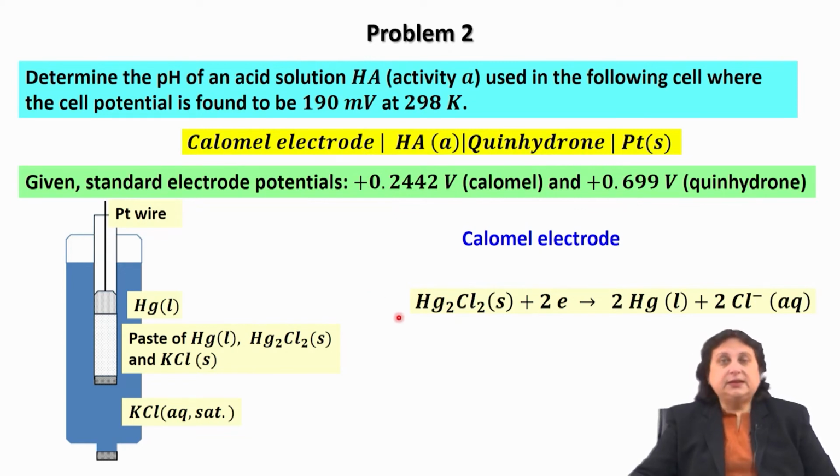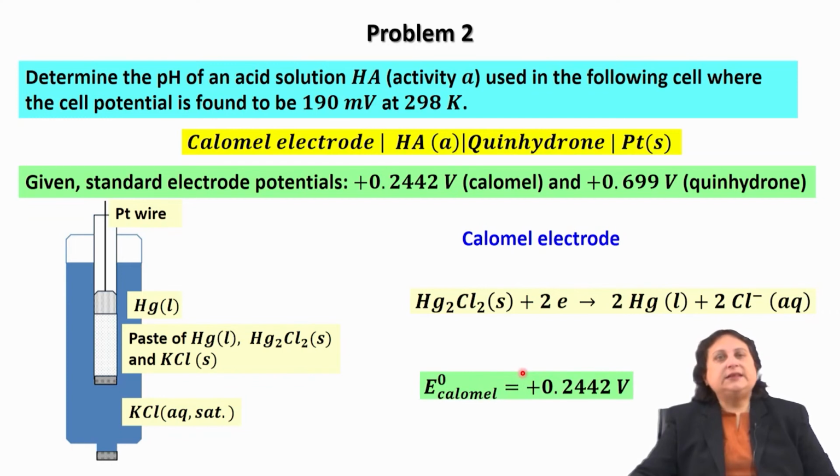Now, if you look at the half cell reaction in the reduction mode, what you see is mercurous chloride on taking up electron gets converted to mercury liquid and releases in the solution two chloride anion. Okay. And here, as given by the data, I find that the standard reduction potential of the calomel electrode is